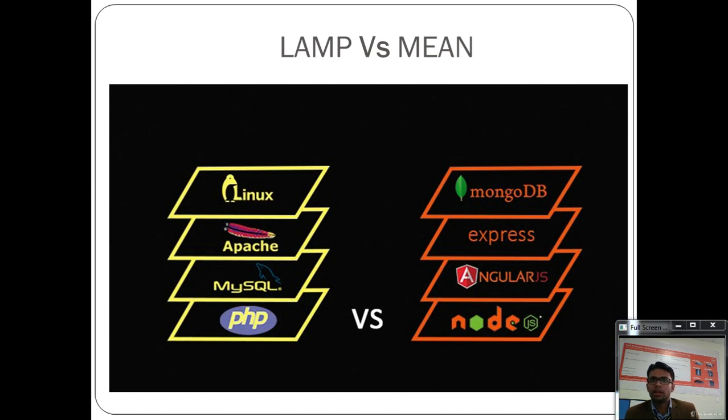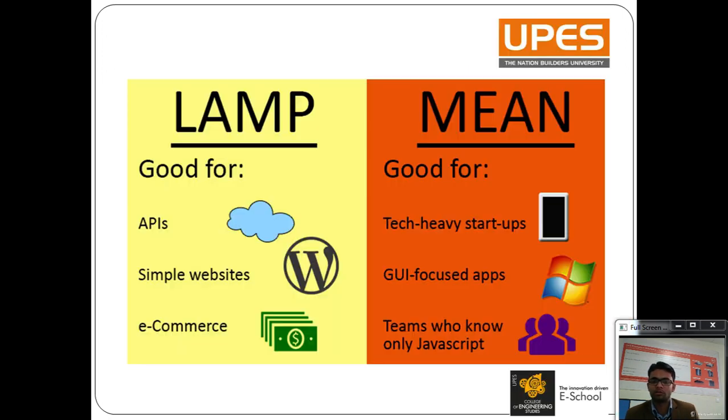It probably wouldn't make much sense to migrate an existing LAMP application to MEAN, but if I were starting a brand new UI focused application, I'd probably opt for MEAN. So I can say MEAN would be a better option because it makes your development faster. But obviously, if you just need a simple website, it's quite foolish to opt for MEAN, because LAMP topped with a powerful CMS like WordPress or Drupal can meet the needs of many business websites, for most e-commerce businesses, and there is plenty of existing software to handle the job.